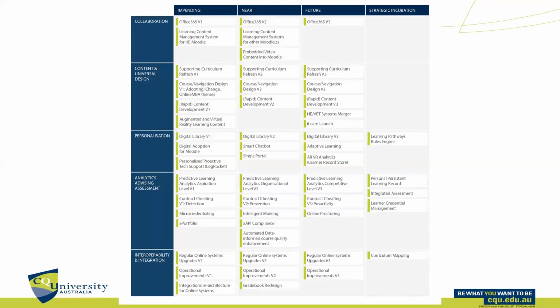Something we're going to probably try and pull sooner, some push later, add a few things, for example, as we're receiving quite a lot of new directives from NIC. One of those I'll point out is currently in the future column. We have in the personalization stream something called AR/VR analytics, which is a little bit cryptic, but it really stands for Learner Record Store. AR/VR analytics is just one example. A Learner Record Store is a way for us to capture learning activity data that is beyond mere click data. I might touch a bit on that later on.